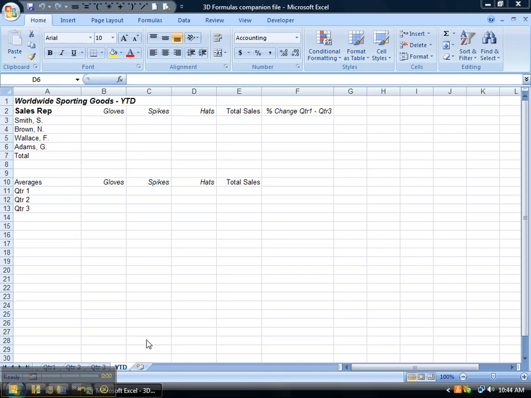I'm going to work with three-dimensional spreadsheets, working with multiple sheets, doing formulas between sheets. So there's this file, 3D Formulas, companion file, if you can open that up. And here I've got information broken up, different quarters on different sheets. So I'm in the year-to-date sheet right now, the YTD sheet, where I'm going to pull some numbers in from